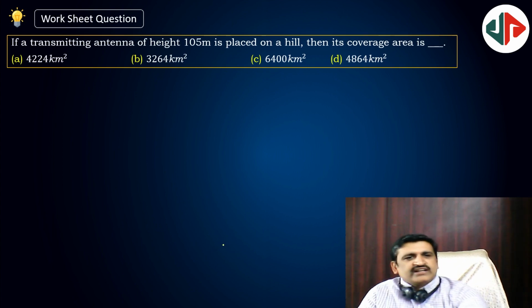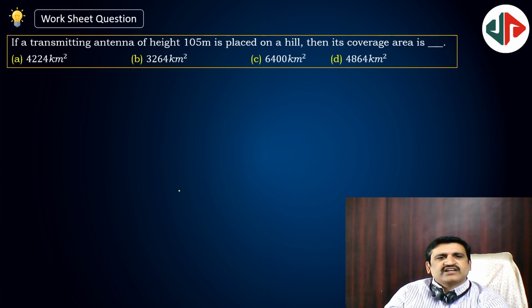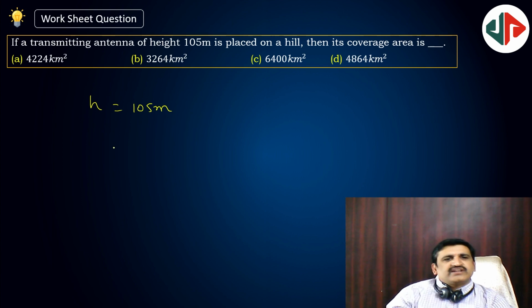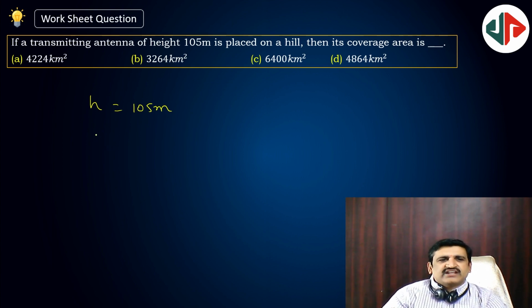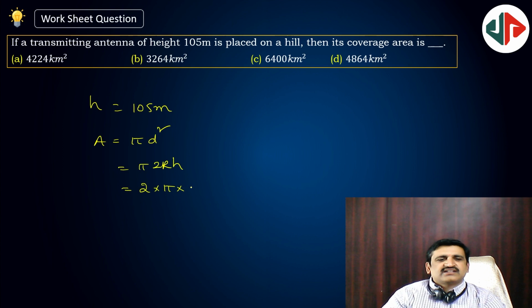A transmitting antenna of height h equal to 105 meter is placed on a hill. Then the coverage area is equal to pi into the distance squared, so pi into 2RH. So 2 pi and 6400 kilometers into 105,